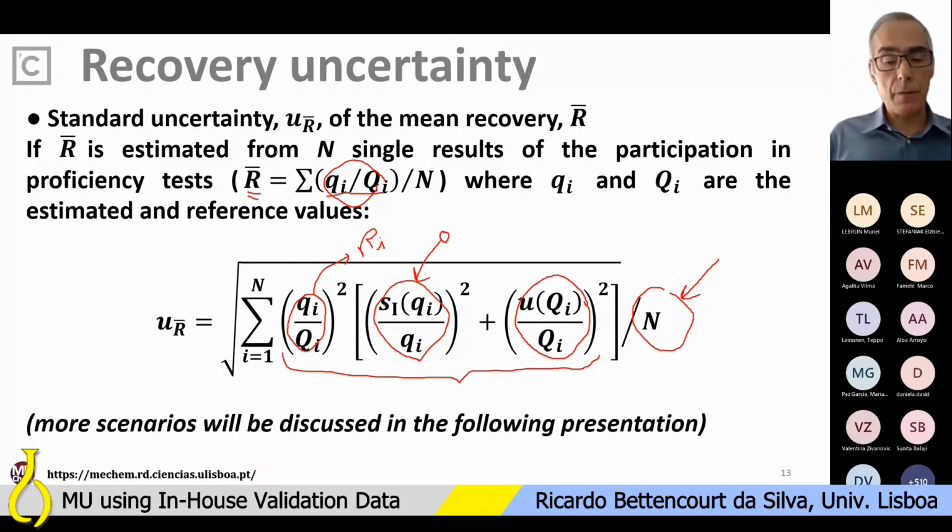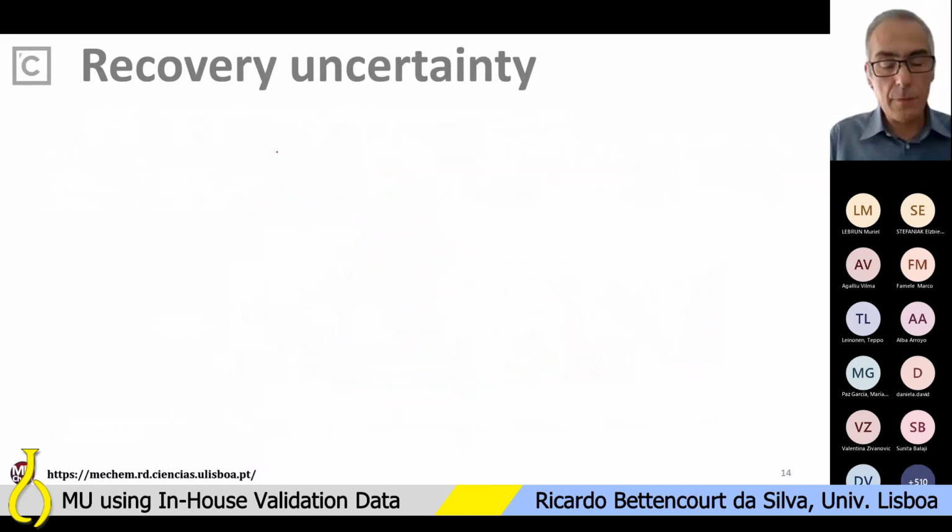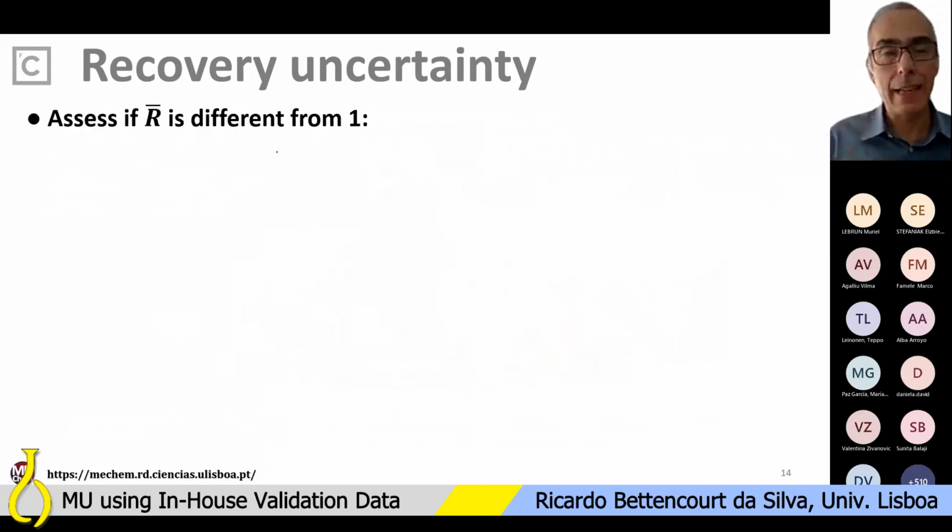Why? Because we know the recovery and the standard uncertainty of the recovery, but the recovery can be 99% or can be 30%. And the uncertainty of the recovery is only how well you know the recovery value, which can be very different from 100%. So at this stage, we have to assess if the mean recovery is equivalent to the ideal target value, typically 100%. And this can be done